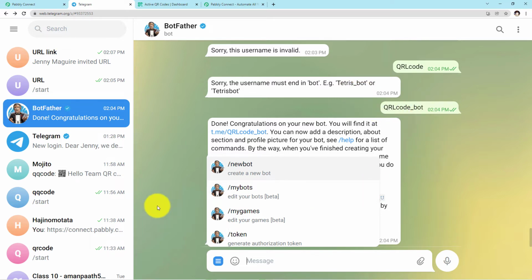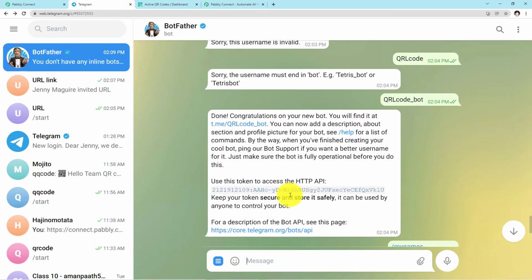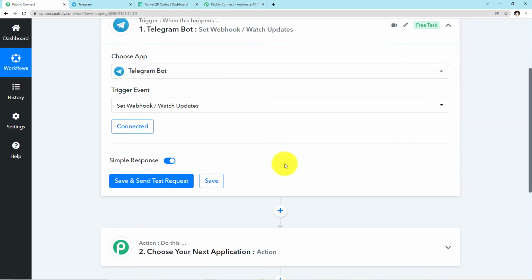Then you will do this, and automatically this message will appear in front of you. This message will provide you the access token, which you have to copy and paste on Pabbly, and you will be successfully authorized, and Telegram will be automatically integrated with Pabbly.